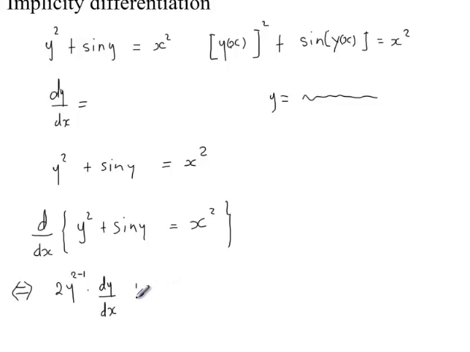Plus, when I come here, I call upon the immediate derivative of sine. What is it? Cos. So say cos, retain the argument, but multiply by the derivative of the argument. Who can tell me what to write here? Come again? dy/dx. Good. That's exactly what we should do. dy/dx. Then equals to